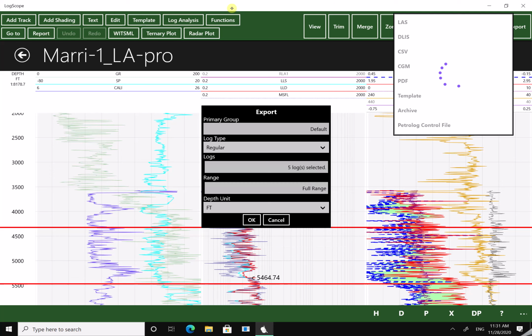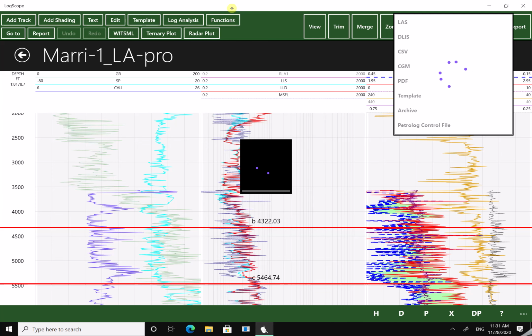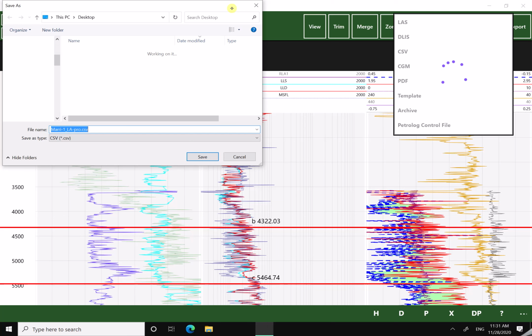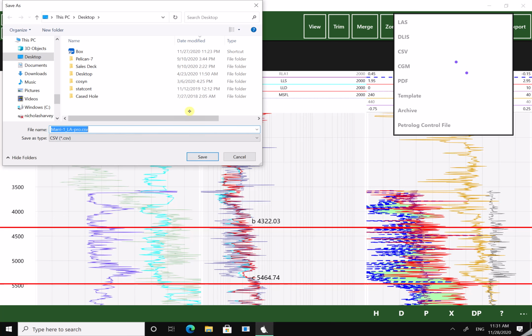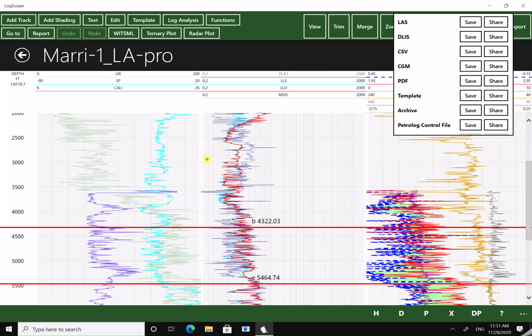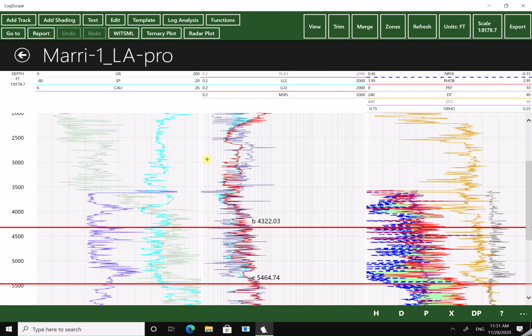So we select that one as well, and then we're going to export that as a CSV file, and I'll do it in feet. So we just export that, and we're going to save that to the desktop. Now we then exit out of this well,